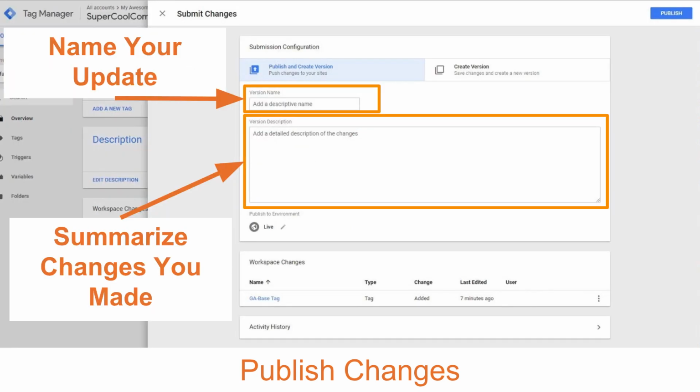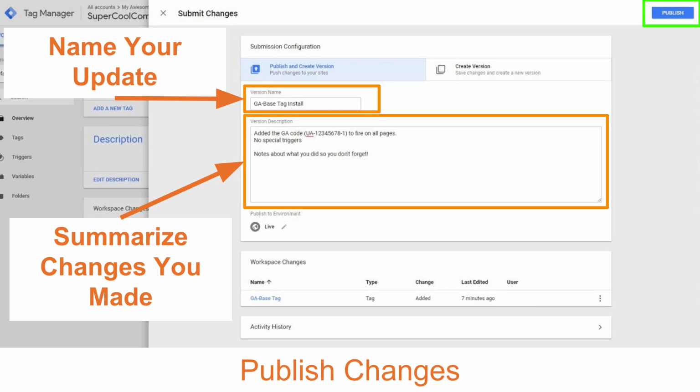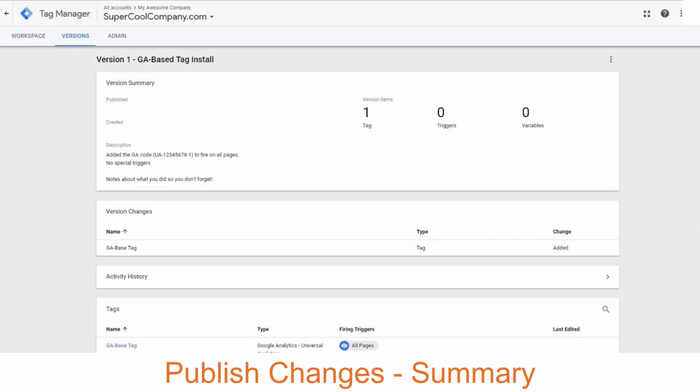So it'll pop up here. You're going to go ahead and name your update. Typically, I just name it the same as the tag or trigger that I just put together. And then I put in the information of the tag or trigger or a little information about it. That way, if I ever have someone else coming in later on, or you come back later and you're trying to figure out where a mistake was made, this is very nice. It just takes an extra 30 seconds and it makes sure that you have good documentation for all of the changes that are being made. And once you have that there, you can go ahead and click publish, and you're good to go.